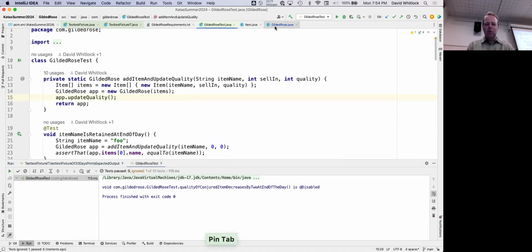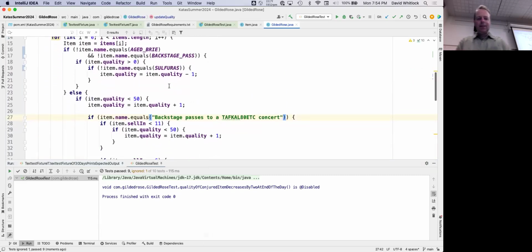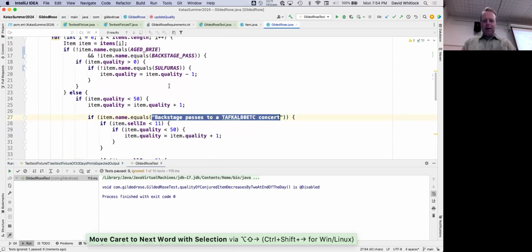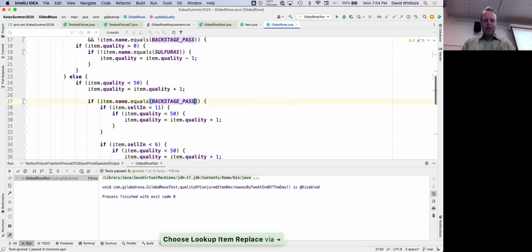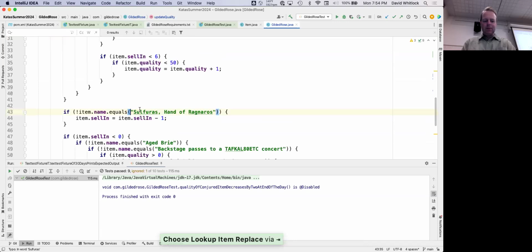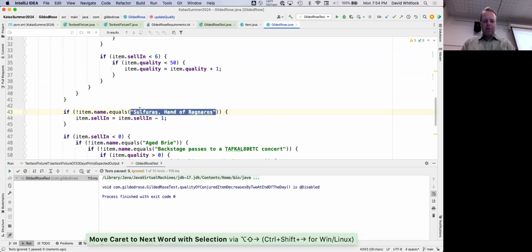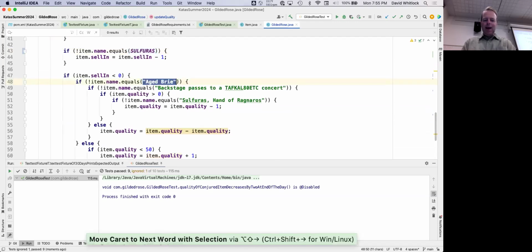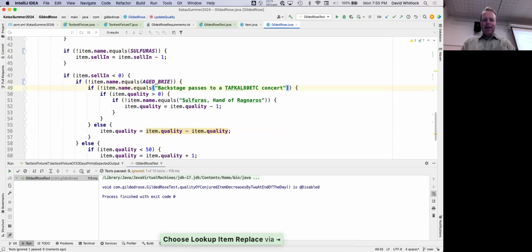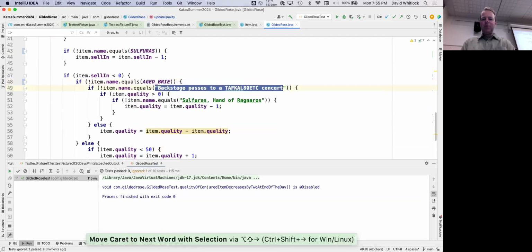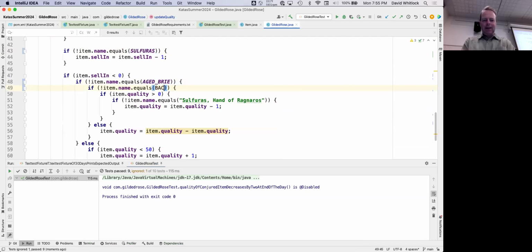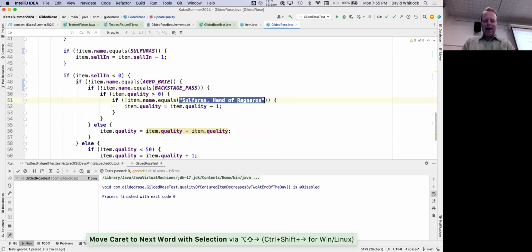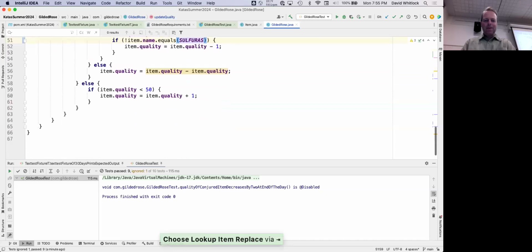Okay, well, that's cool. Now I'm going to go through and replace these other magic strings with the appropriate constants. This becomes sulfurous. And this becomes H3. And again, this shouldn't have any change. But then again, I don't want to make assumptions about things. Hey, you never know when there's a typo in one of these constants that's going to make a difference. I mean, I've made all these mistakes before, and so what I've just learned is that you've got to have tests so that you can go quickly.